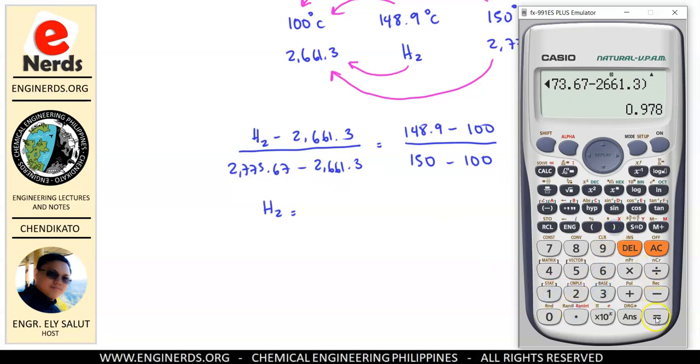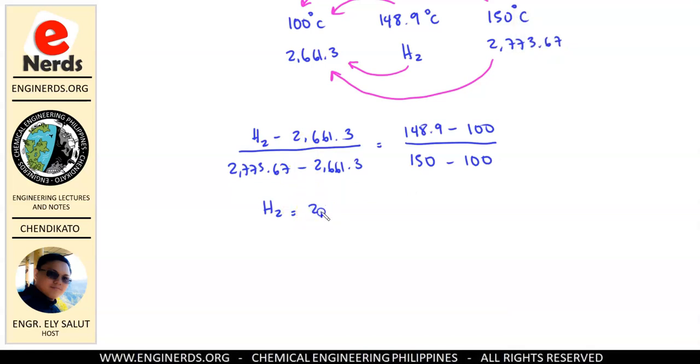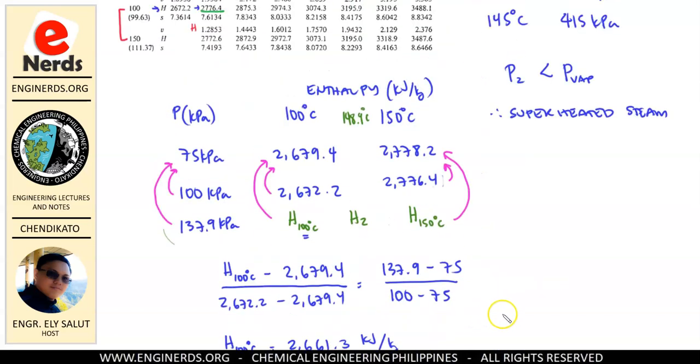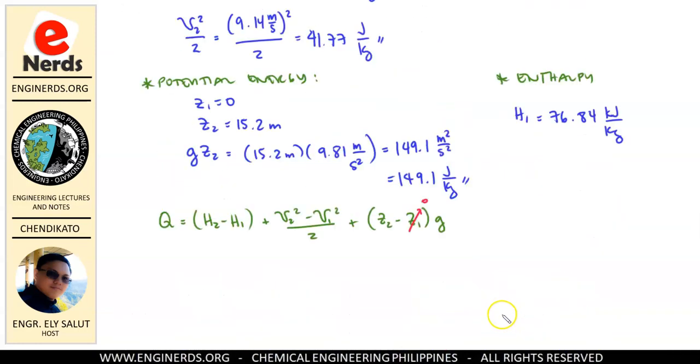Okay, so we have 109.89786, but we have here minus 2661.3. Transposing that to the right side, we're going to add that here. So plus 2661.3. So we have 2771.2 kilojoules per kilogram. So meron na tayong value ng H2. Now we're going to write that in here. Okay, so meron na tayong value ng H2, which is equal to